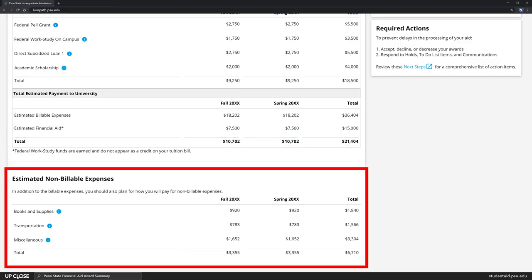The section at the bottom of the page, Estimated Non-Billable Expenses, outlines additional expenses that you may incur during the school year, including buying books and supplies, transportation, and miscellaneous expenses. These non-billable expenses are estimated and will vary by student. We include these expenses to help you budget and plan, but Penn State will not bill you for items listed